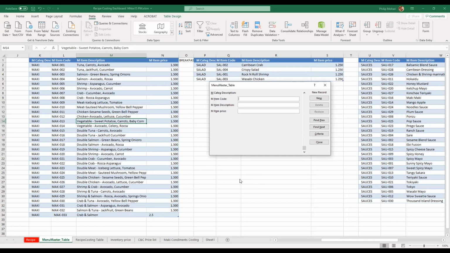Now if you want to find something, let's try that. It says criteria. Category description, we're not going to go, because it's already Maki, we know that. Item code, no. Item description, I'm just going to put avocado. Let me see what happens. Is the spelling right?